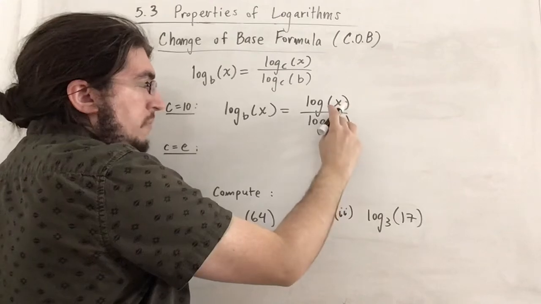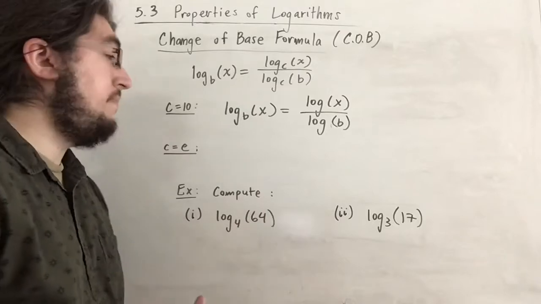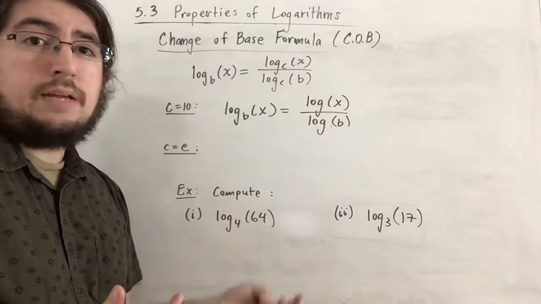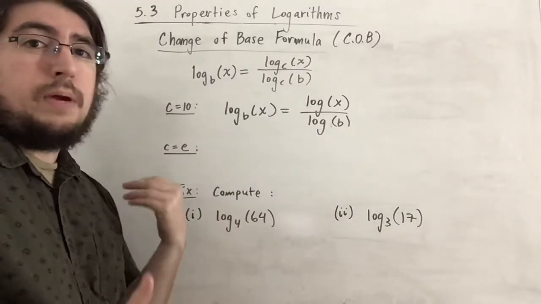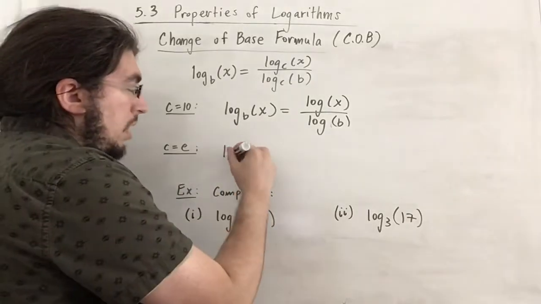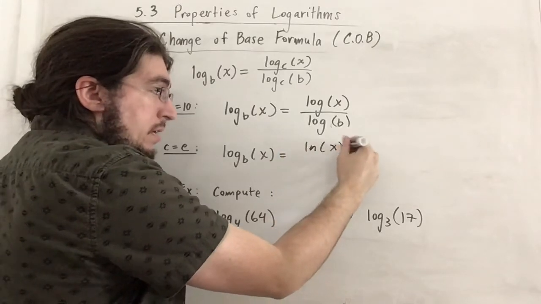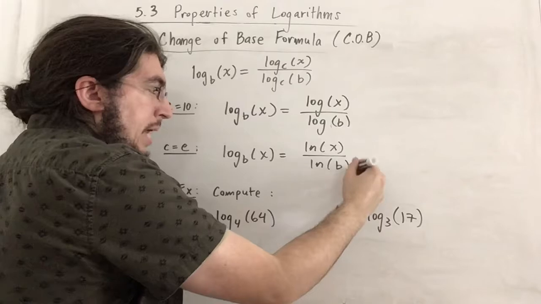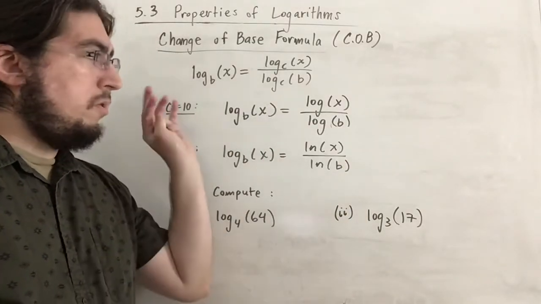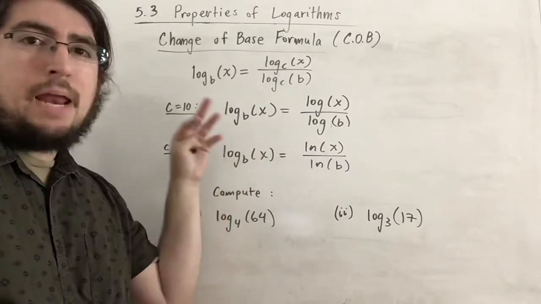And this looks a little nicer because remember log base 10, you don't need to write the base. That's just the common log. Okay, good. And our calculators know the common log. So that means we can actually find log base anything just by using quotient of logs. Similarly, when c is e though, we get log base b of x is equal to log base e, which is ln of x over ln of b. And believe it or not, these will be the same, as long as x and b are the same, of course. So you can just take the quotient of the logs or the quotient of ln's,